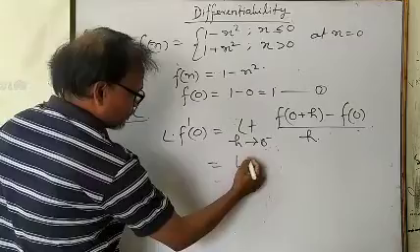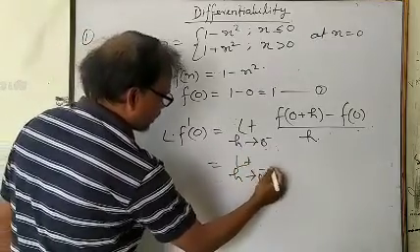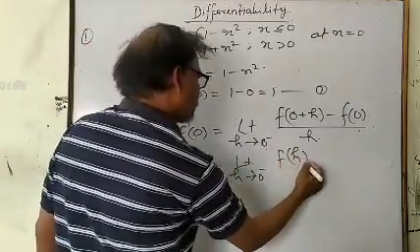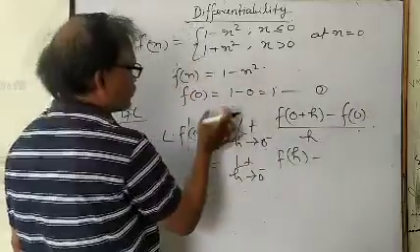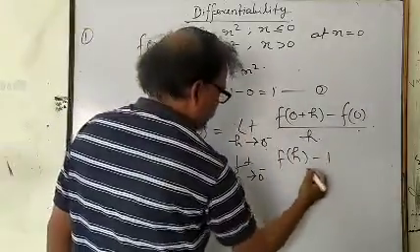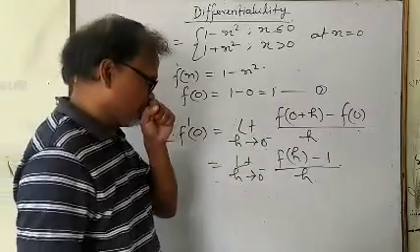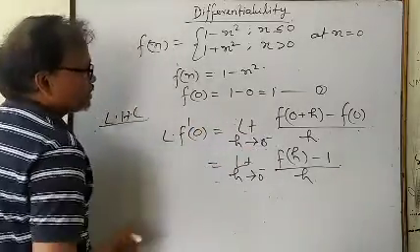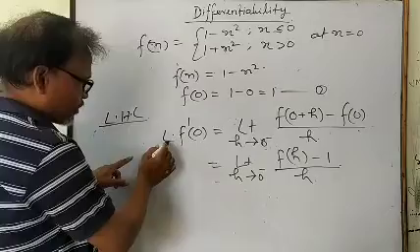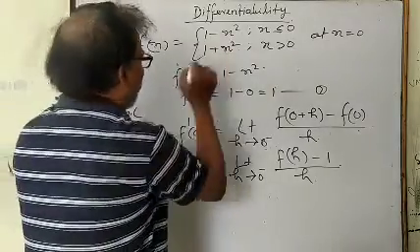This will be limit h tending to 0 minus, f(h) minus the value of f(0), that is 1, whole upon h. From where do we find f(h)? Because we are taking the left hand derivative,